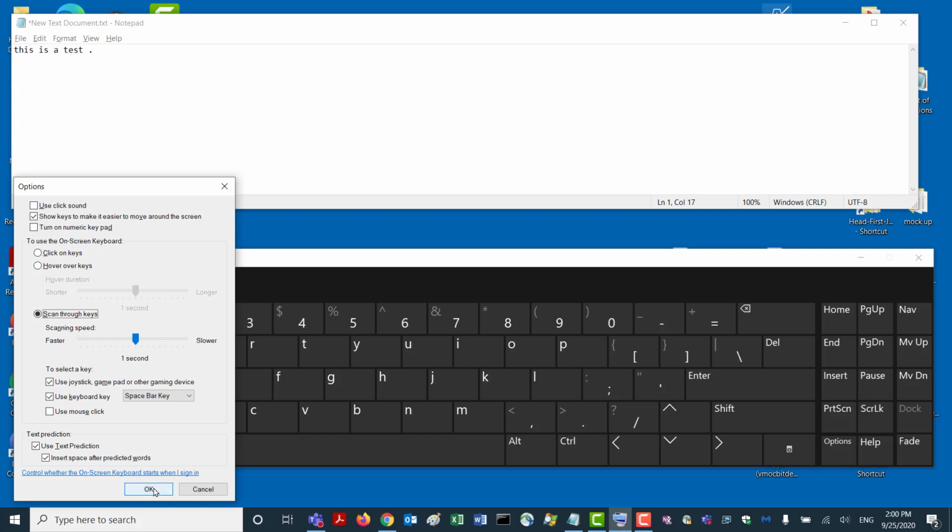And then what you'll see when I have this activated is you'll see it'll bounce back and forth between highlighting the left side and the right side. And as soon as I pick with the spacebar in this case, it will start working its way down the rows and do that in increments as well. And the whole process of it doing that is to be an efficient way to make keyboard selections without having to have it scan through every key in the keyboard one at a time. It breaks it into half the keyboard at a time. You pick half, and then it goes row by row. You choose something, and then you can do the cycle again.